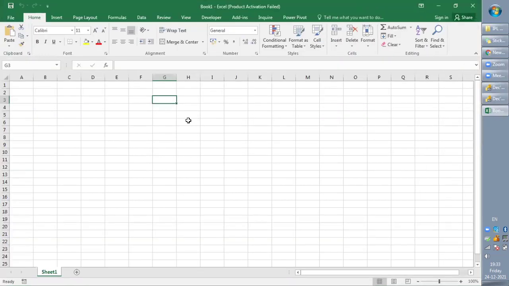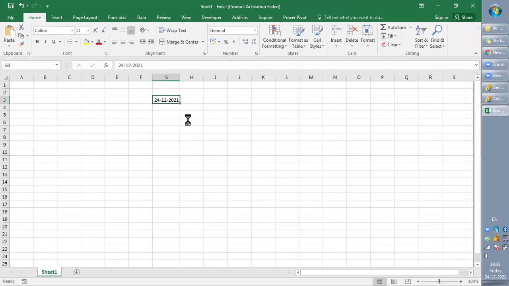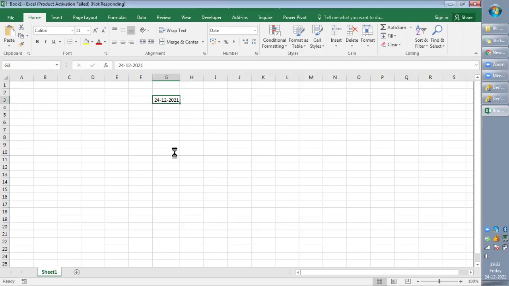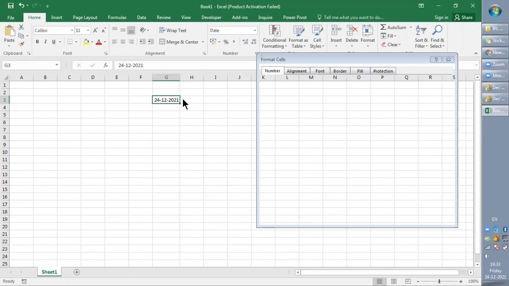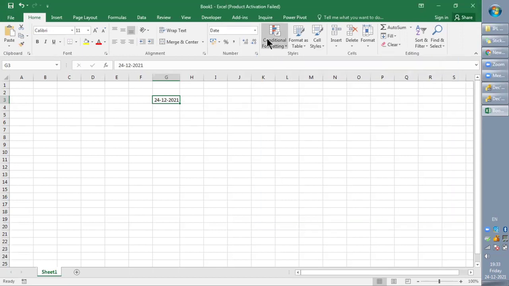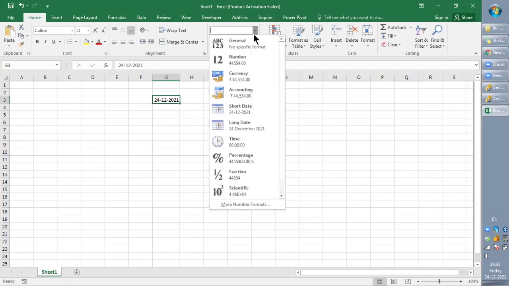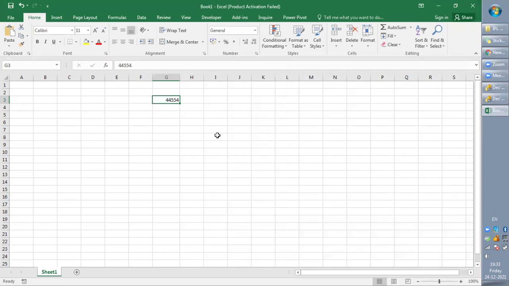If I take today's date, then in the system it will be stored as, my system is not responding properly. Let me cross this, and the system will store it as this. You can see 44554.